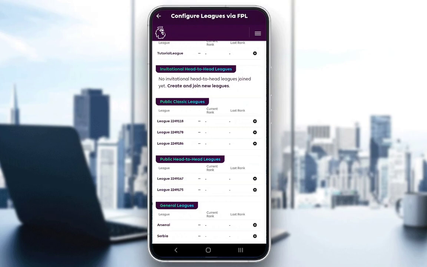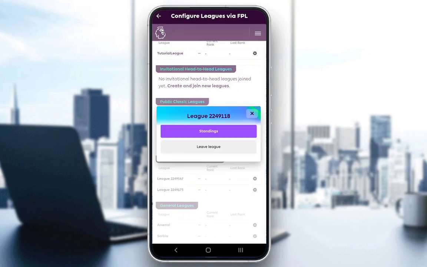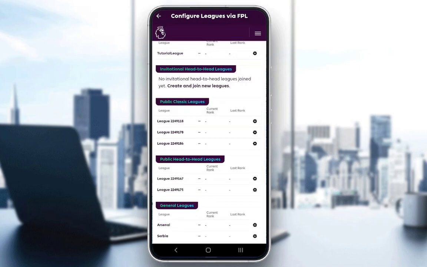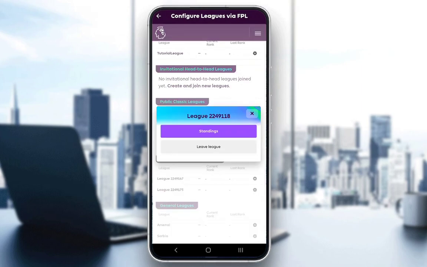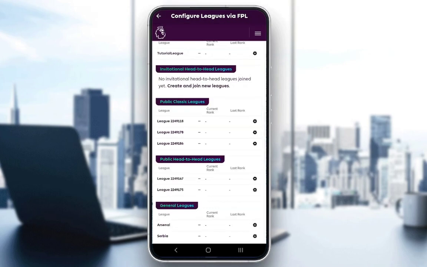However, if you click on the cog icon to the right of the names, you will see this screen. You will see the league name, you will see the standings button, and you will see the leave league button. Because I'm not a part of a league, I cannot leave a league rather. However, if you are already a part of one and you click leave league, you will have left the league,